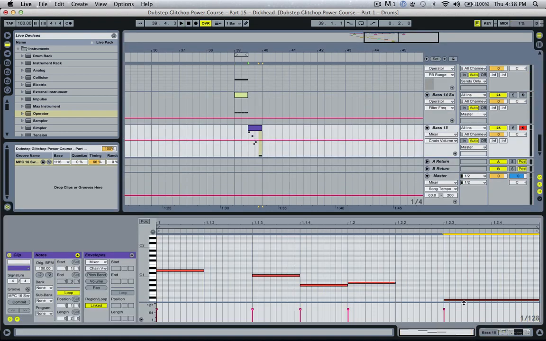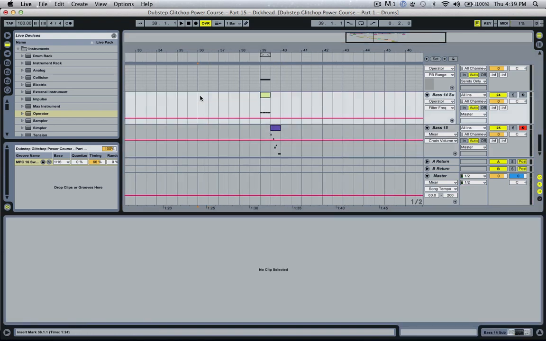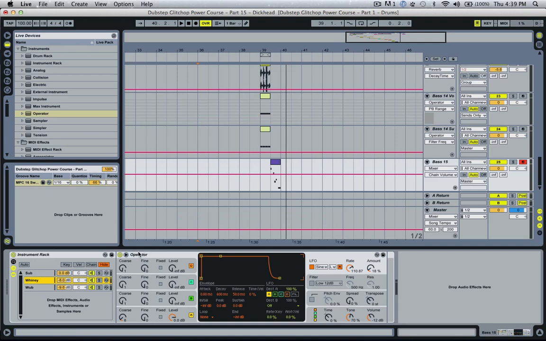Let's change that note so it kind of leaves it hanging. Awesome. So let's just go back a bit. Yeah, cool. Alright, let's call that one